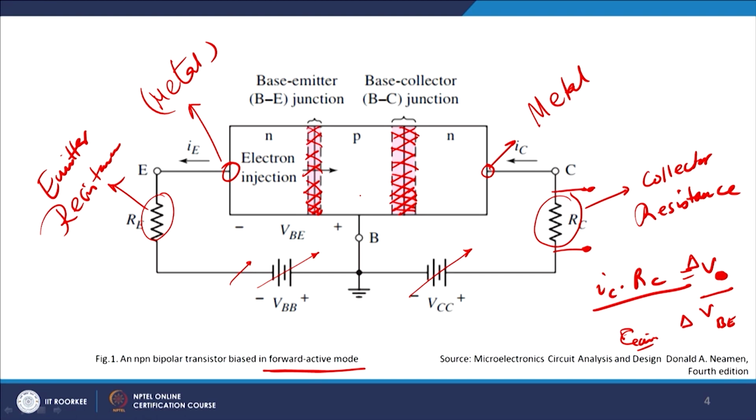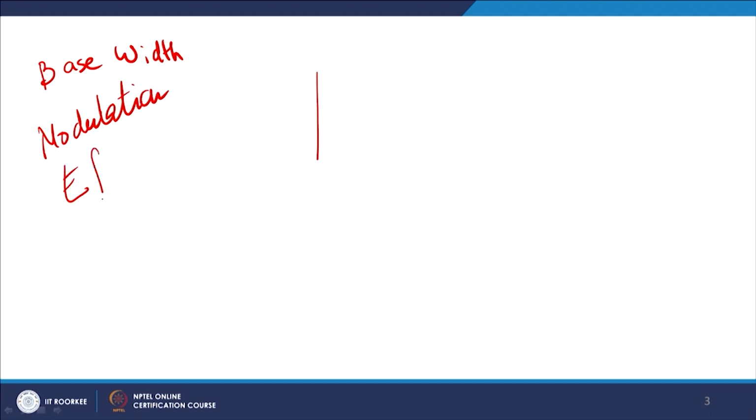Now at this stage, what we have not done, and two important points I should take care of here before we move forward, is what is known as the base width modulation effect. I will explain to you what the base width modulation effect is, again a second order effect